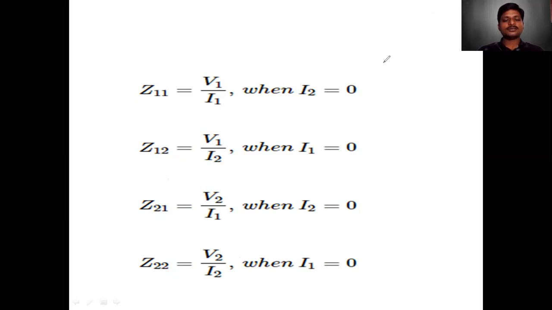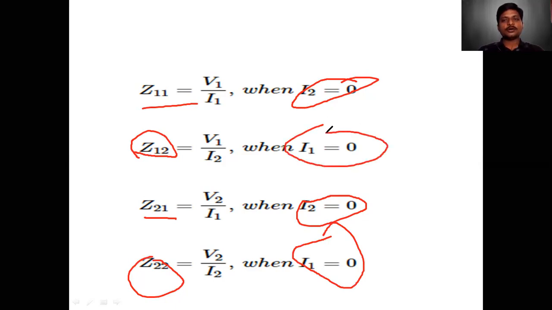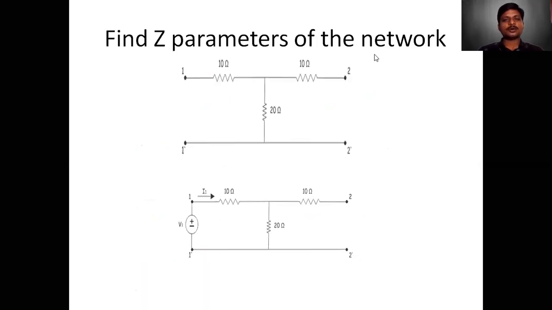So these are the names of each parameter. Okay. Now, as I told you already, in order to get Z11 and Z21, I2 must be 0. I2 means output current must be 0. If you want to make output current 0, you have to open circuit the output port. Similarly, if you want to have Z12 and Z22, then you have to make the input port open circuited. Therefore, I1 becomes 0. So that is why you call these as open circuit parameters or impedance parameters or simply Z parameters.